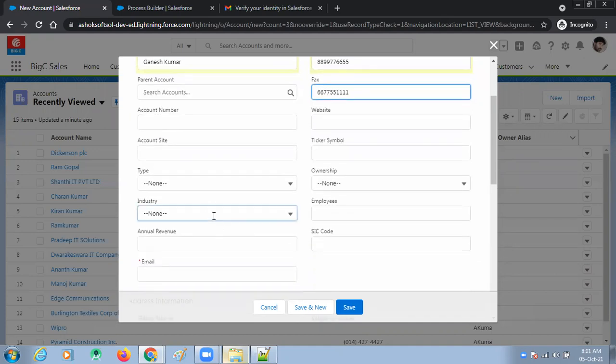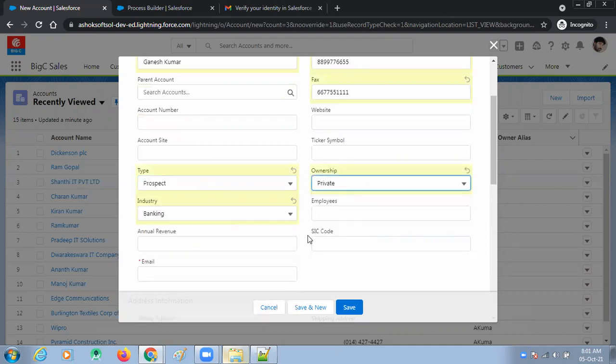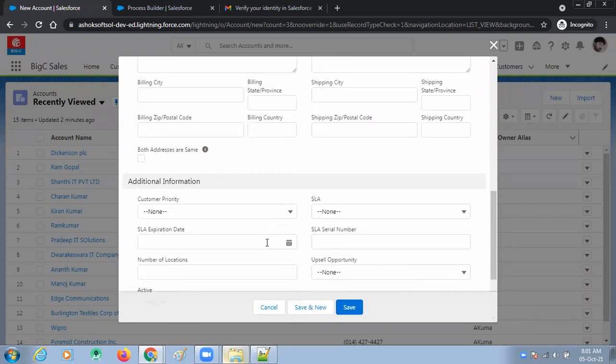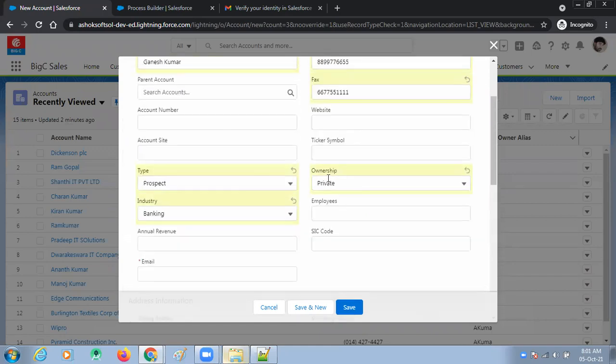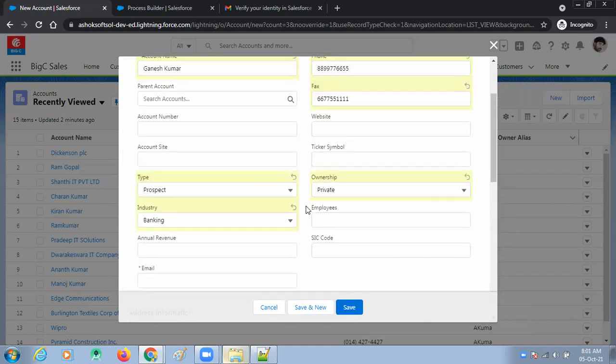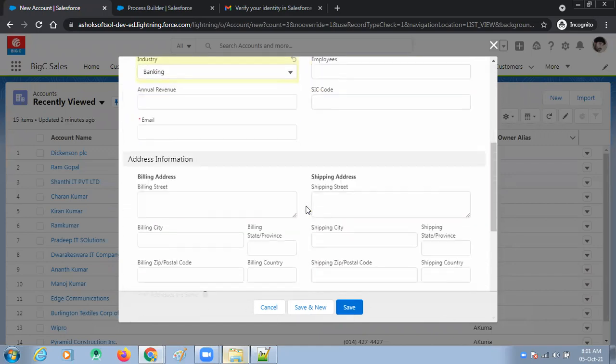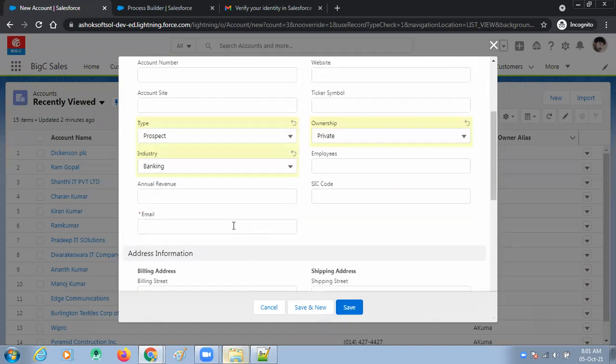What is the sector? Industry, banking sector. Type equal to prospect. Ownership equal to private. And it is the third one: yes. The three conditions must be satisfied, and only then is this record inserted into the child record.